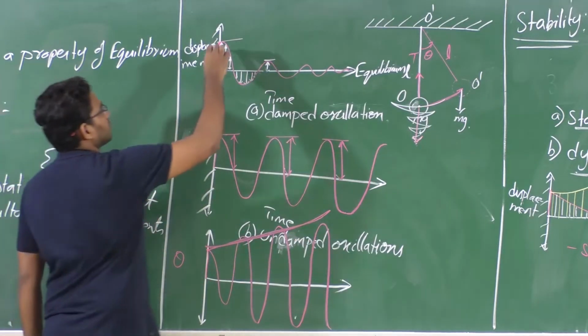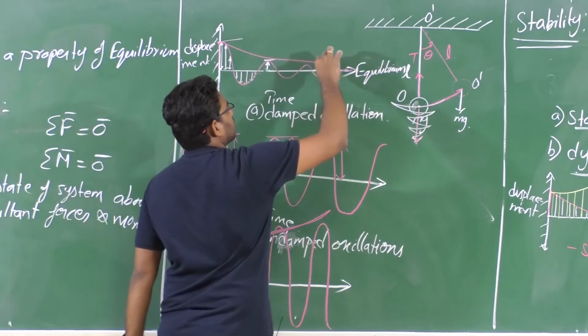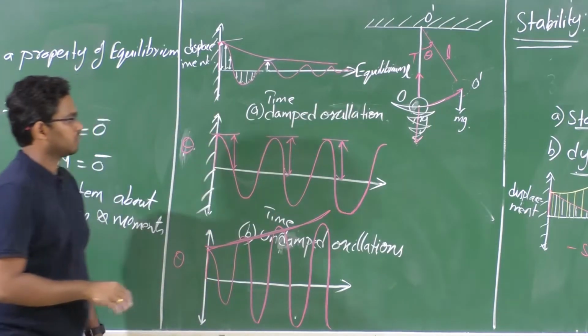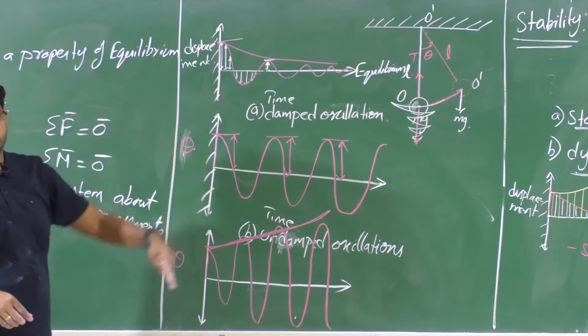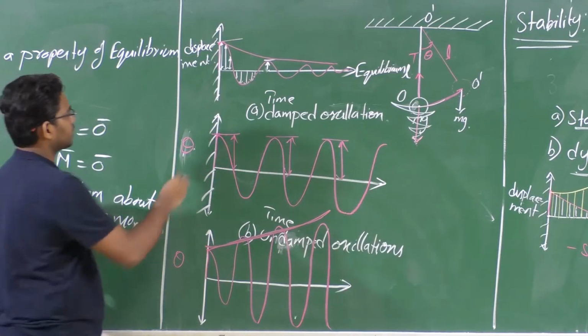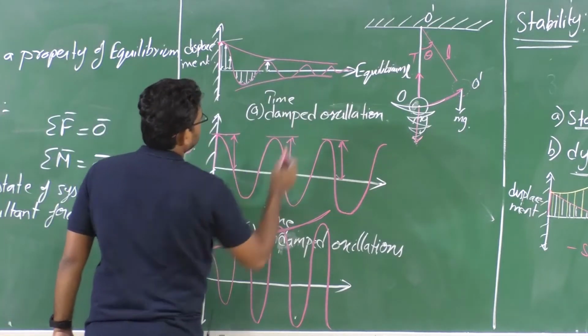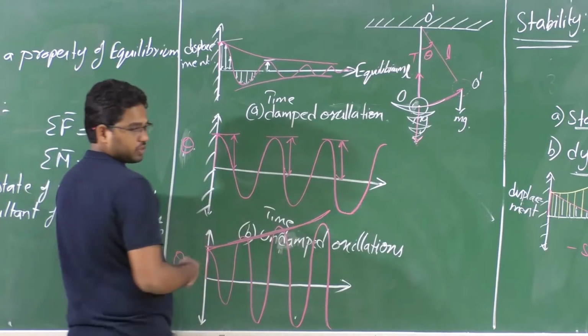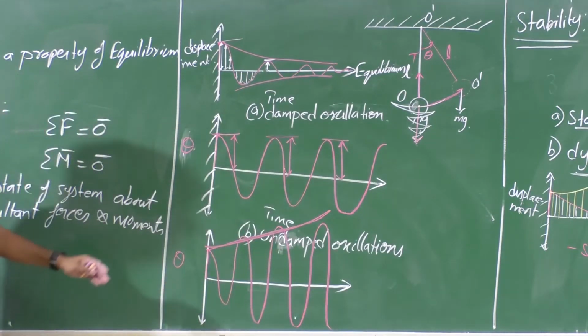So this is convergence, isn't it? Subsidence, similar to that of subsidence there. So the magnitude is decreasing in this case. It is increasing in this case. Am I correct or not?